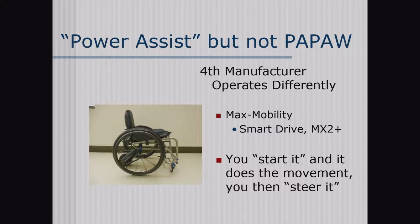So the other power assist product that's in that category is really Permobil's Max Mobility SmartDrive. That's undergone several iterations over the last few years, and now we're up to the MX2+ version. That's the product where you start it with a push tracker, with an activity monitor, if you will, on your wrist. And the tap-tap motion, whether it's on the wheel or on the side of the person's leg, et cetera, will initiate the actual turn on the motor, and it'll go at a set speed,